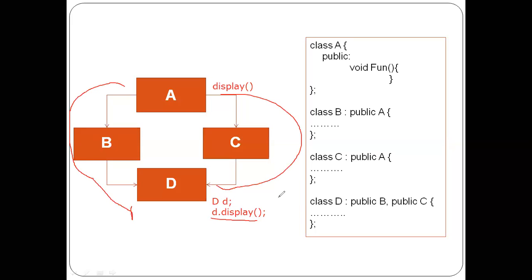Okay, so this is the issue which is available inside hybrid inheritance. Yes, guys, clear? This is how ambiguity is generated inside hybrid inheritance. Because we are going to access the method which is available inside the A class, there are two different ways: either access it with the help of the B class, or with the help of the C class. So that's why we have to remove this particular ambiguity.